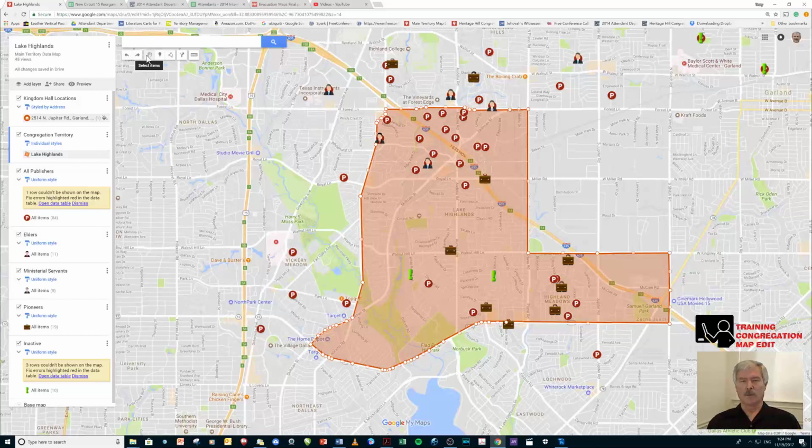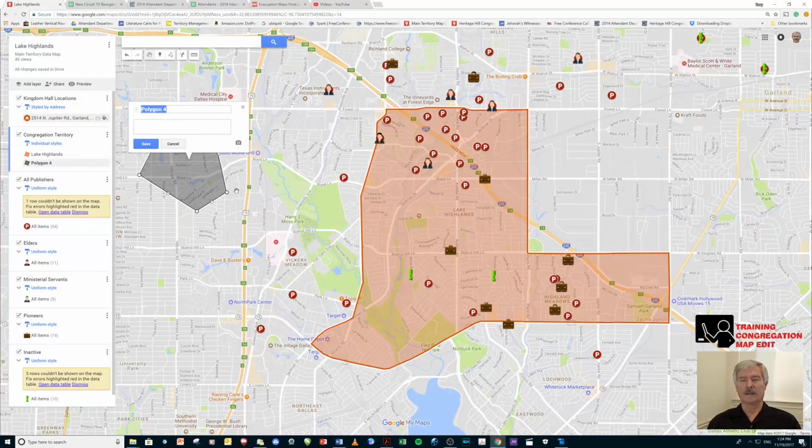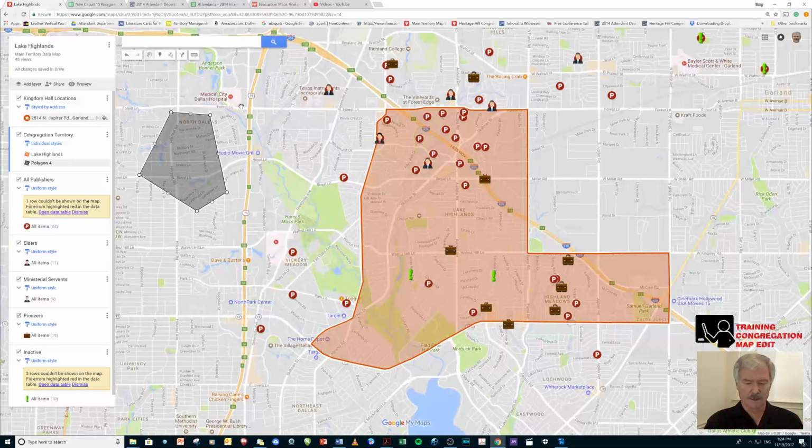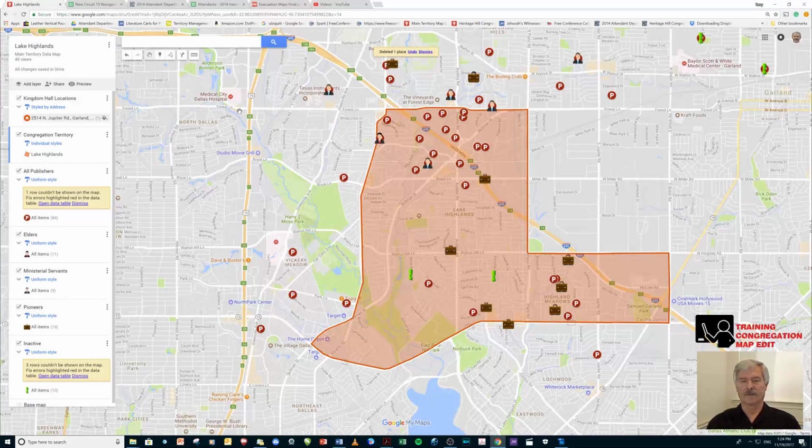As we mentioned already before, this tool here is the select items. You can place icons on the screen and then name those icons. You can change it to whatever color. We'll go over all that in just a minute. This is your draw tool. So you can add a line, or you can even close it off and then color it whatever color you want, change the line thickness. Again, we'll demonstrate that in just a minute. Hitting our delete key will take that off. And so going back,